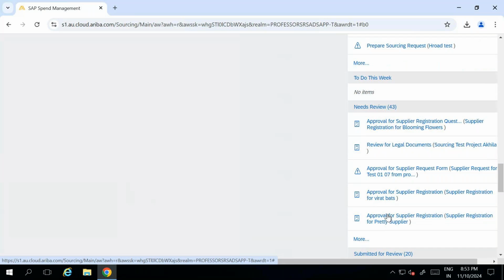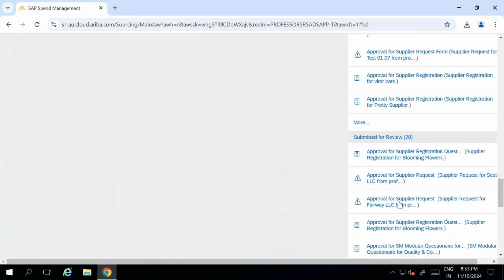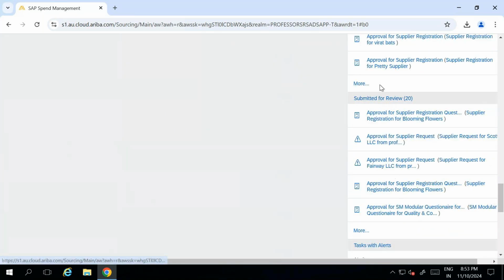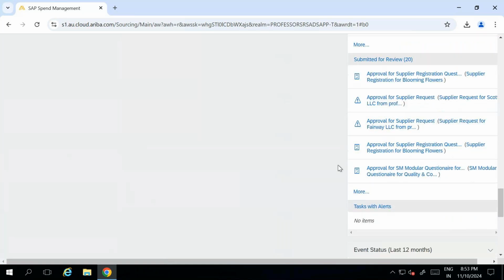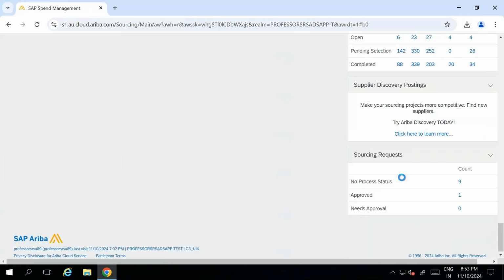And you see these are the overdue ones that have crossed the timeline. So for Bharat Nigam Limited internal negotiation plan, I haven't worked on that, so I have to complete that task. Submitted means I have already submitted these 20 tasks for someone to review. This is the calendar event status, RFI, RFP. What are the pending selection, preview, open, pending selection, completed, RFI, auction, survey, forward auction, and